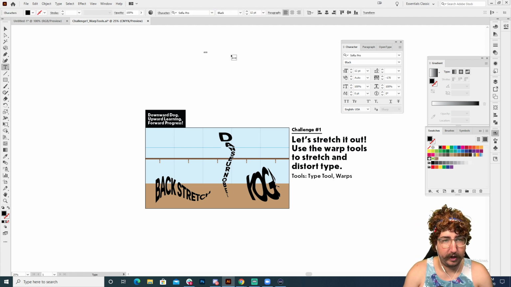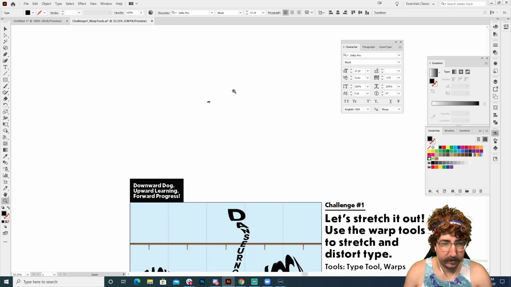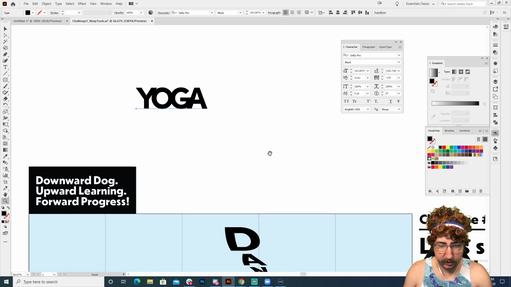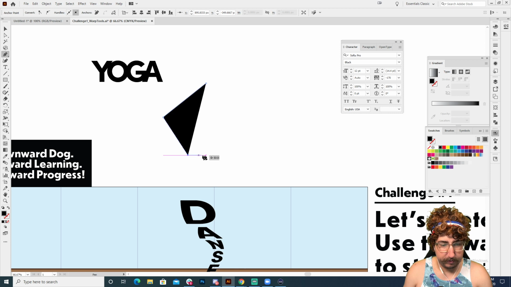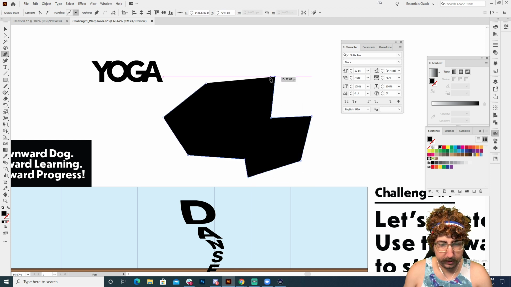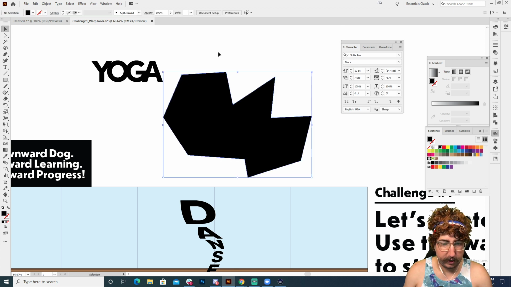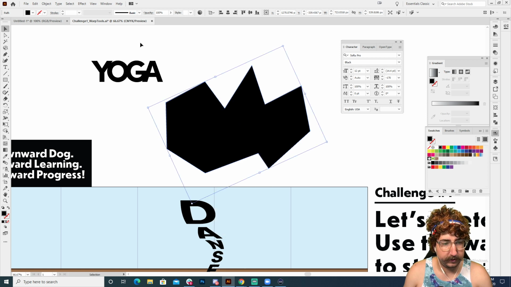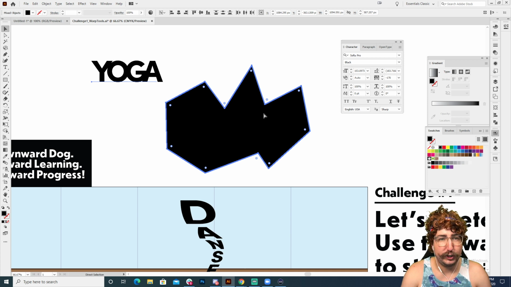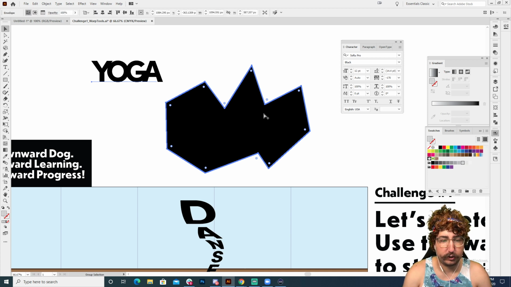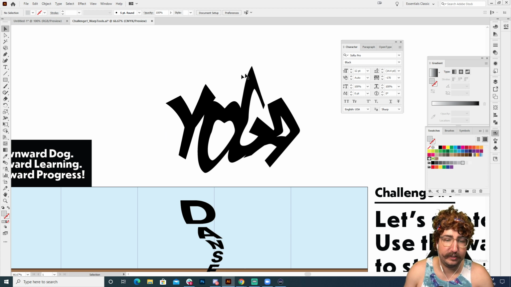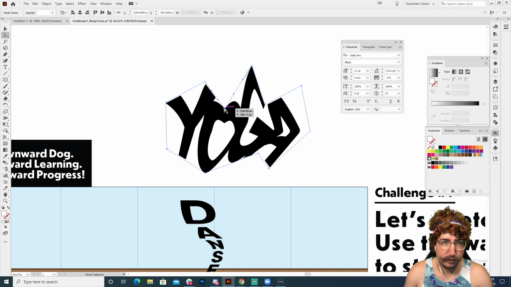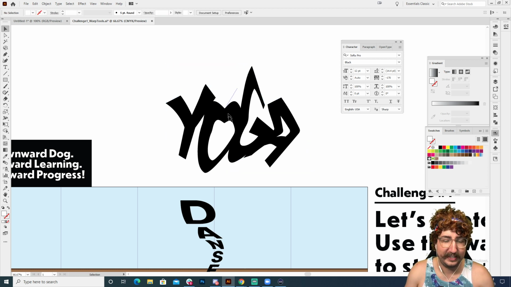If I want to type yoga up here again, check this out. We can do another weird shape. Then maybe this one is going to be wobbly. This one's going to be a little more sharp. So check this out. So now we have this very sharp shape. All we do is, again, right-click, arrange, bring to front, and we select these two and Command Option C or Control Alt C, and it is now putting it into this shape, right? Super fun. This is one of my favorite things to do in Illustrator, is just to play around with how weird we can get type.